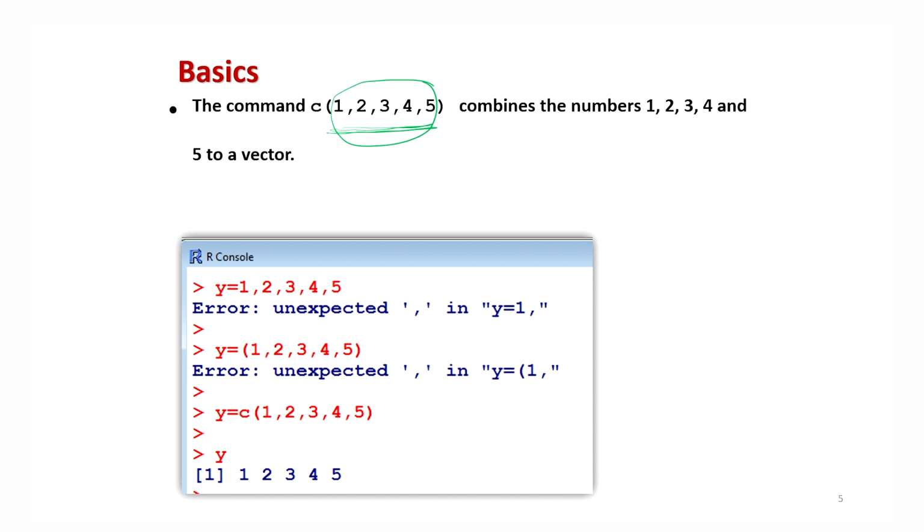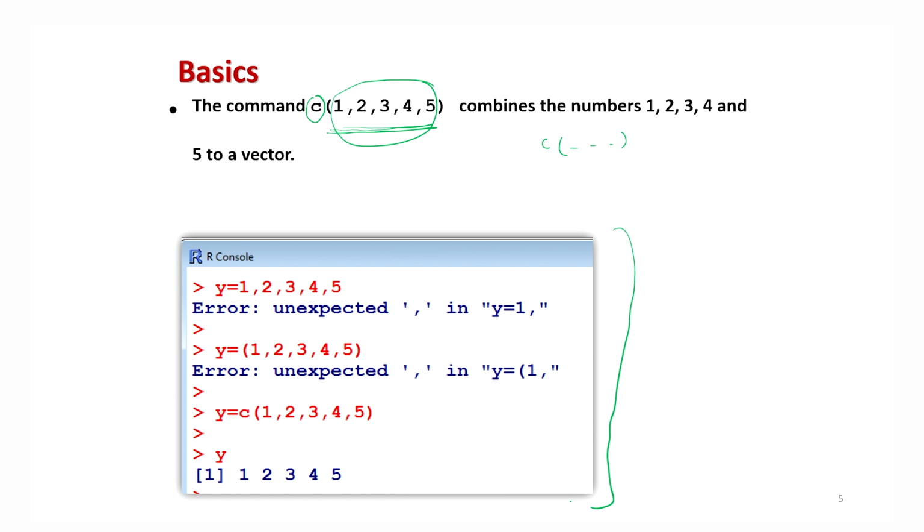In order to do it, we use the command C, that is lowercase alphabet c. As soon as you write here c and inside the parenthesis you write down the values, they can be numbers, they can be characters, whatever you want, right. And this will then read all the numbers. So, let me give you some examples of what I actually mean to say.